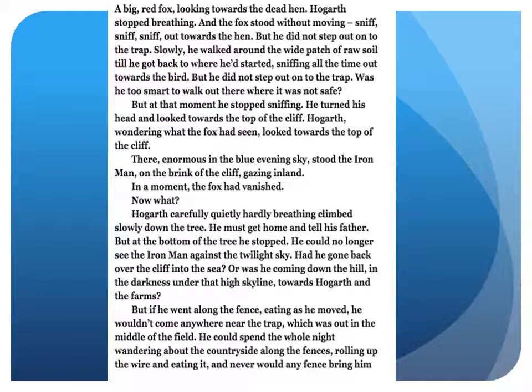But at the bottom of the tree he stopped. He could no longer see the Iron Man against the twilight sky. Had he gone back over the cliff into the sea? Or was he coming down the hill, in the darkness, under the high skyline, towards Hogarth and the farms? But if he went along the fence, eating as he moved, he wouldn't come anywhere near the trap, which was out in the middle of the fields. He could spend the whole night wandering about the countryside along the fences, rolling up the wire and eating it, and never would any fence bring him